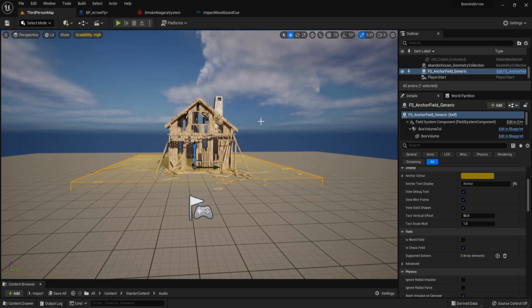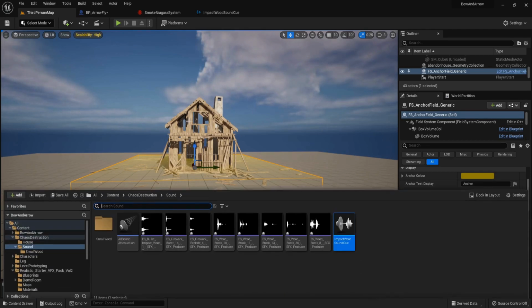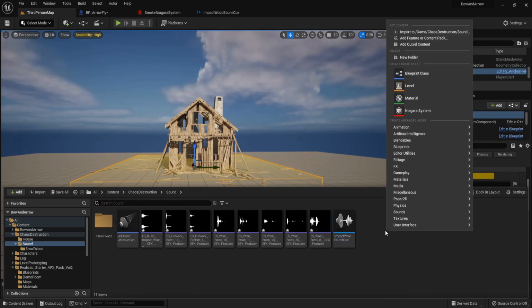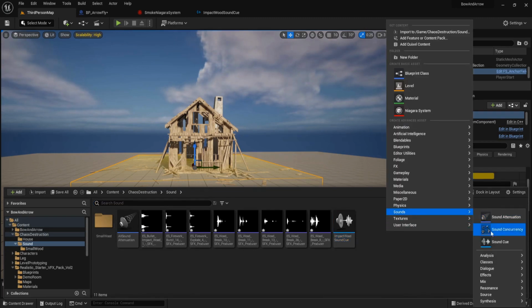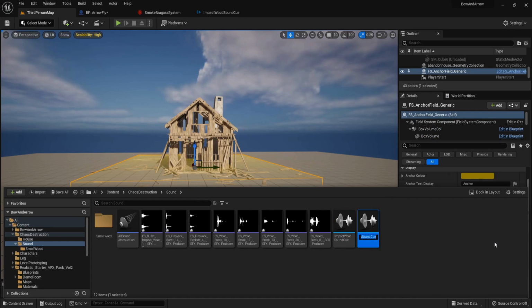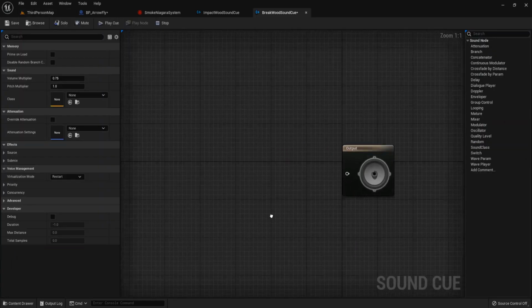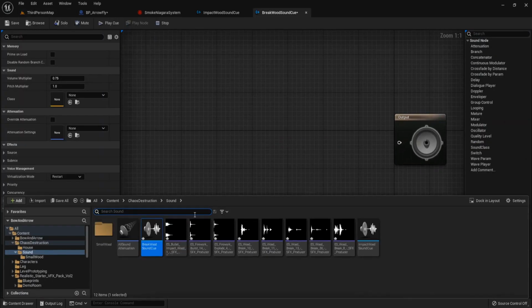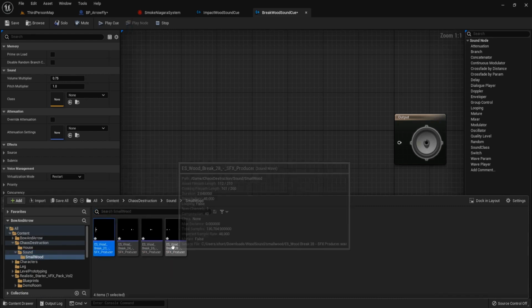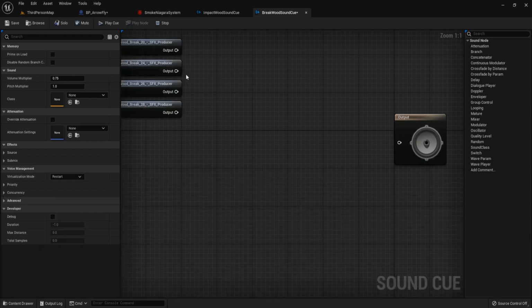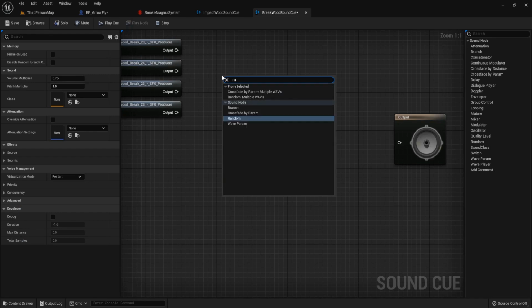We want to create the sound that the wood breaks for each of them when it breaks. And let's create the sound cue. Name it break wood sound cue. Open and get this small wood sound. Four of it, called random.